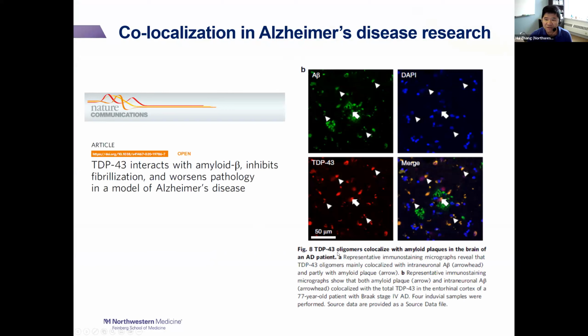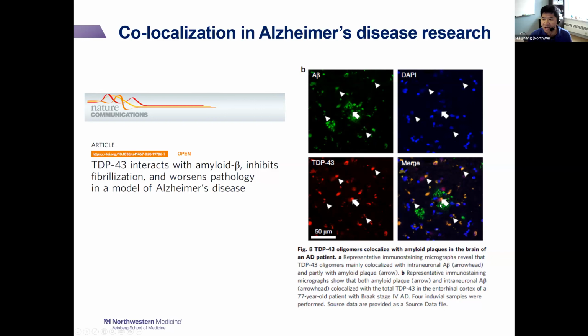In this paper, for one of the images, figure 8, they show the amyloid beta in green color here, and the TDP-43 in red color here. To see their interaction, usually indicated by them combining with each other, or in another term, being co-localized. So how to show they are co-localized? When the green color and the red color merge together, they show yellow color. So when they see the yellow color, we know, oh okay, here's the interaction between the amyloid beta and the